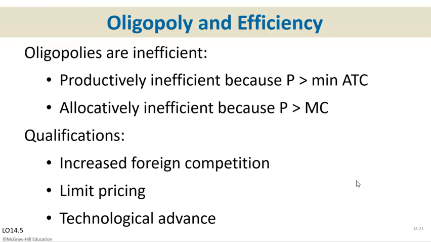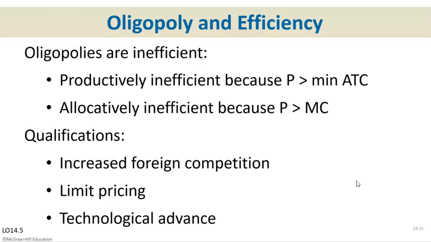Oligopolies are inefficient both productively and allocatively because the price is higher than minimum ATC and the price is higher than marginal cost. They're always going to raise the price above those, where they're going to be receiving some profit per unit and total profit. I mentioned a minute ago, advertising also plays into this a bit. Advertising may be making the markets more efficient or less efficient depending on how well the accurate information is getting out to the